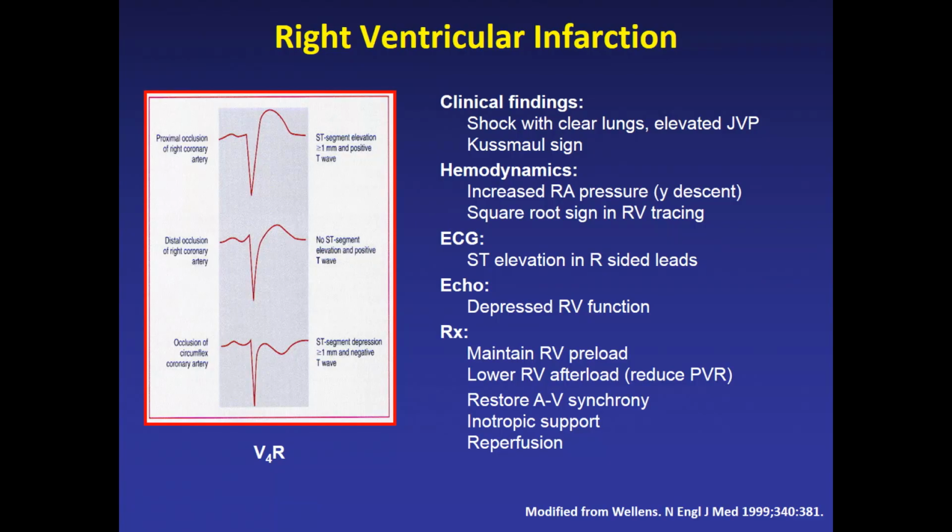On hemodynamics, with a right heart catheterization, there is markedly elevated right atrial pressure with a steep Y descent and a square root sign in the right ventricular pressure tracing. The therapy of this condition is often focused on maintenance of right ventricular preload, reducing pulmonary vascular resistance to lower right ventricular afterload, optimization of AV synchrony, and inotropic support for the RV, as well as, of course, reperfusion to